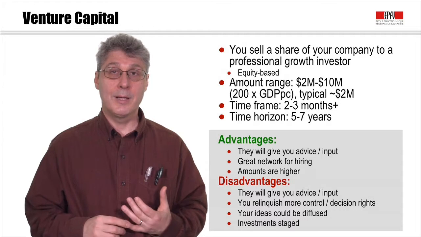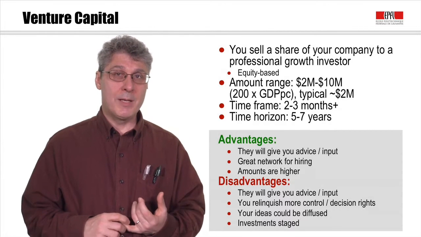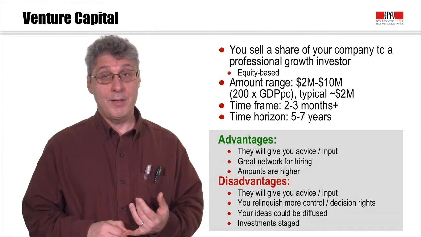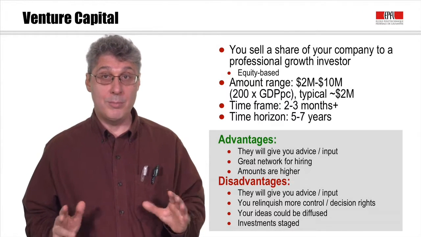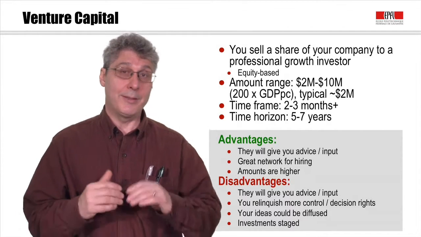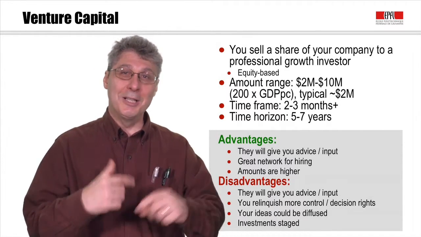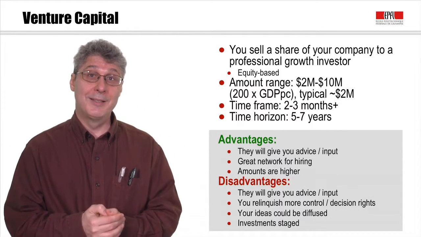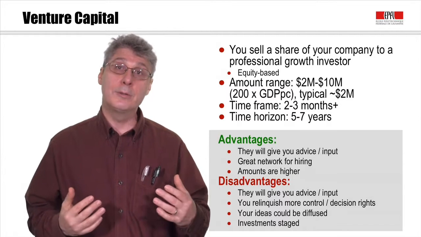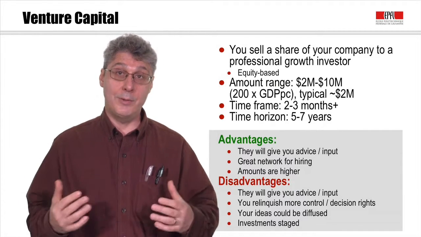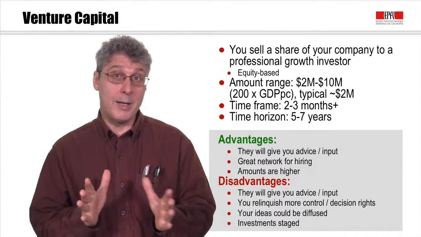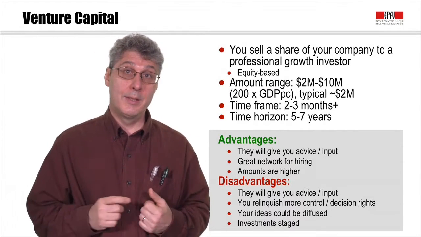And, it's hard to say what a typical amount is, but could be relatively on the lower end of that 2 million area. These are often staged investments, so that means even if you raise $2 million from the venture capitalist, they may not give it to you all at once. In fact, they're almost never going to give it to you all at once. They're going to tie it to milestones and deadlines. They're going to check up on you, and they are going to see if you are following the plan that you originally had, or if you have some ideas for how to modify the plan.